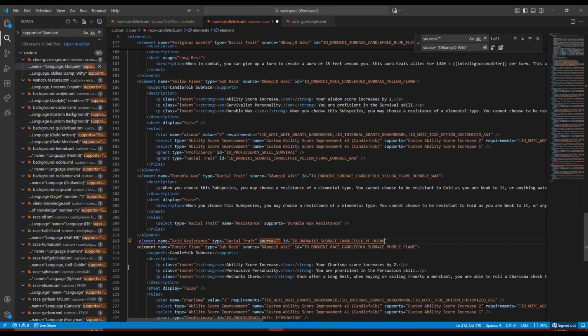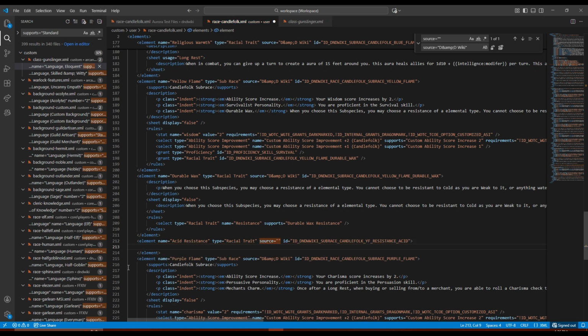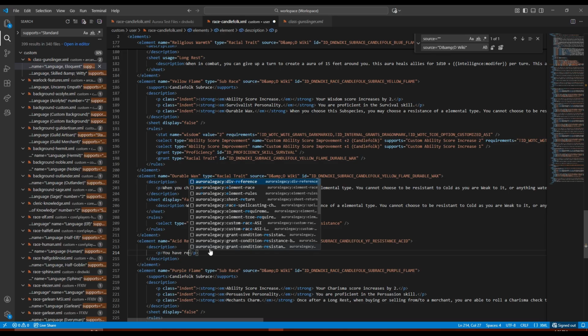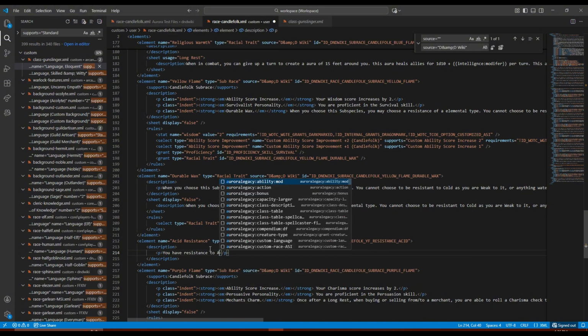Durable. I don't like doing this a lot. Resistance, acid. One second. Actually, never mind. Yeah, we have to do this anyways. I don't think I have any other code I can reference to draw from, so I just have to do it manually. We really should get something like this fixed in the legacy repository, but that's what we have to deal with right now. So it'll be like you have resistance to acid,